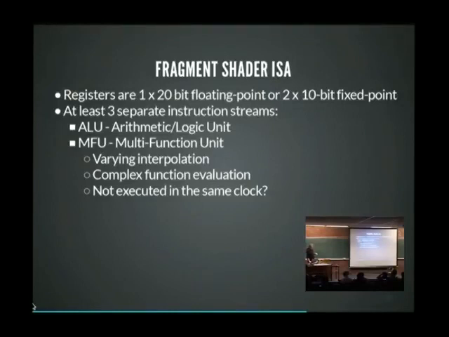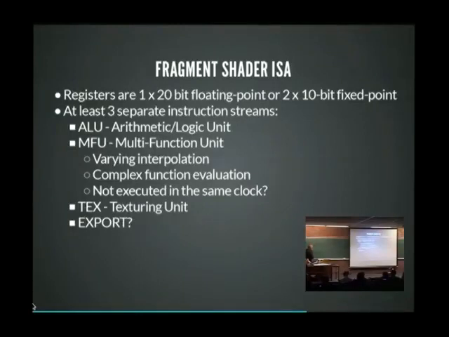It seems those two are not executed in the same clock, so the instruction word has room for encoding both kinds of instructions in the same word, and it seems they are executed at 2 different clocks. There's a texturing unit, and then there seems to be some kind of export unit for writing